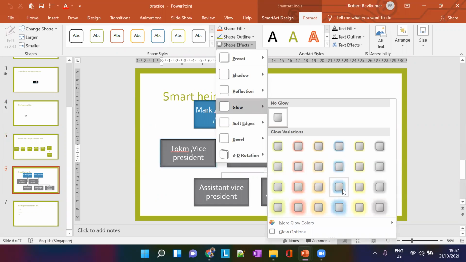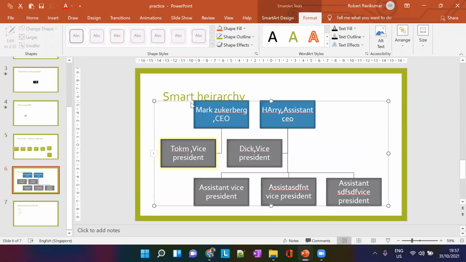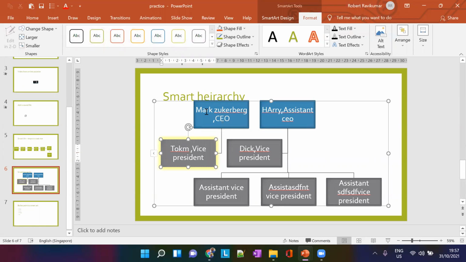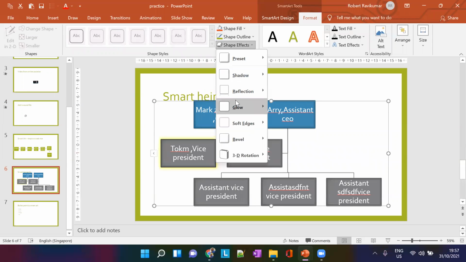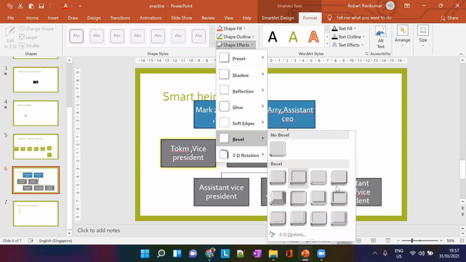You can change the color here. If you want to choose the effect for all the things, you can do it from selecting the window here. Okay, so now you can give.